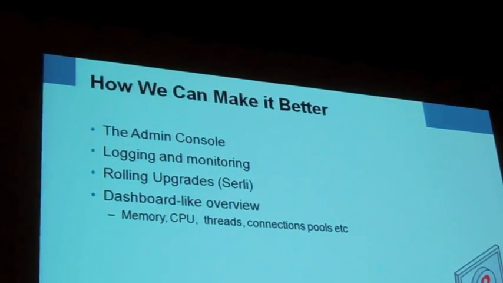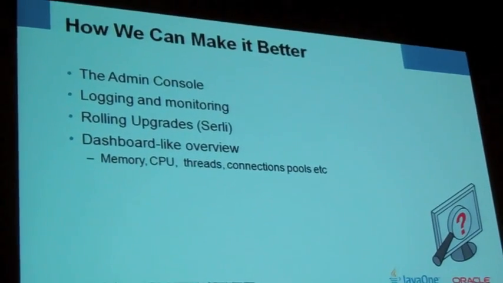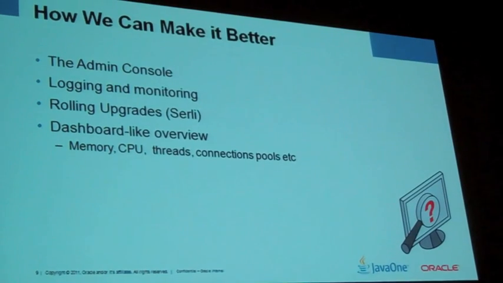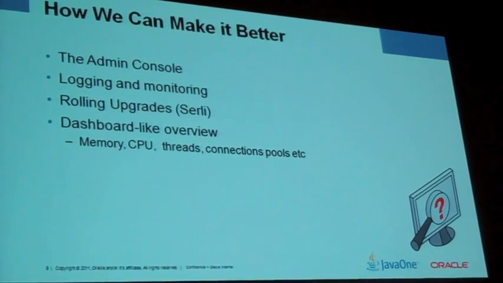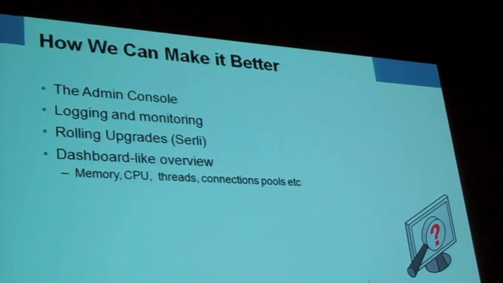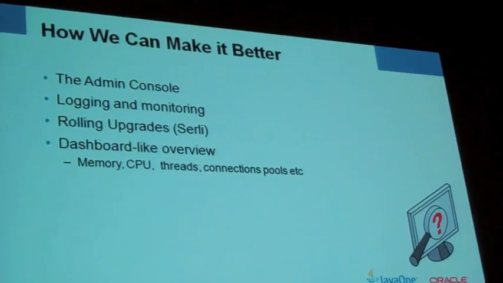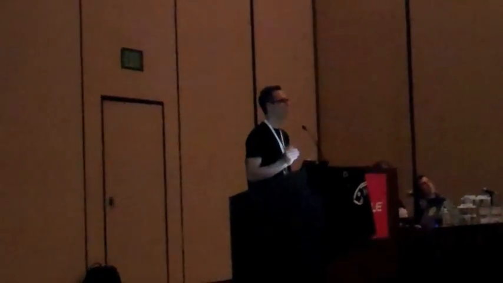What I'm really excited about, which is missing today, is the rolling updates. The guys from Serly, again, they're my new heroes. They're from France, a great company. They've actually done the versioning, and they're now also going to do the rolling updates. So what does that mean? I was naively hoping that when I deploy a new version, which we can do every day, on a daily basis, the server wouldn't go down. Today it goes down for a few minutes, and in those 2 minutes I'm dying because people can't access the service, and I get emails and tweets and so on. I don't want to see that happening.